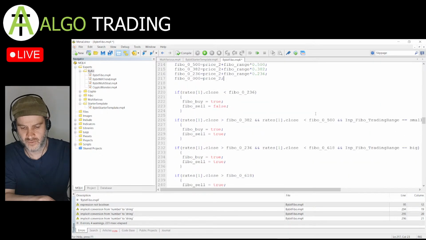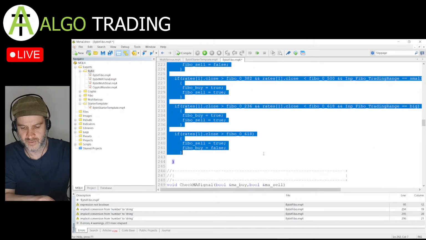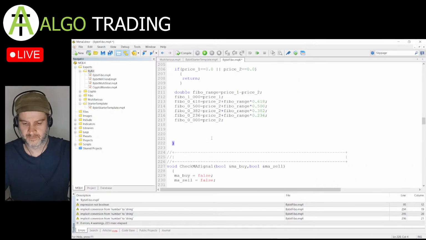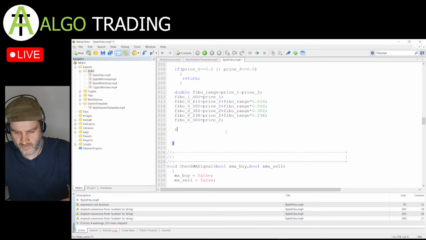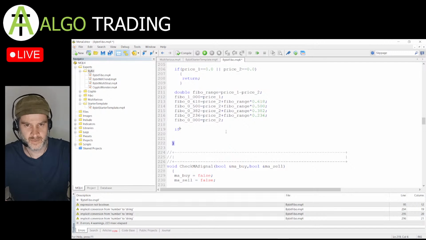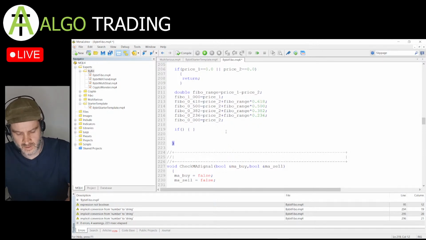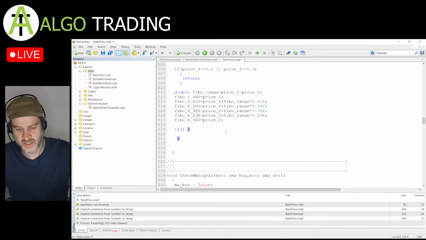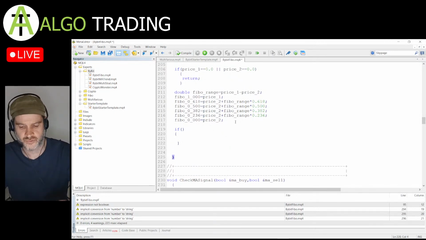And I said for starters, we're just going to keep it very simple. All I'm going to do for now is that if it breaks above the 50 level Fibonacci, buy. If it breaks below the 50 level Fibonacci, sell. That's the starting point. And then we'll come back and maybe extend it a bit more, because this is a trend following strategy. It's a momentum strategy, so we're looking for strong momentum and for it to carry past the